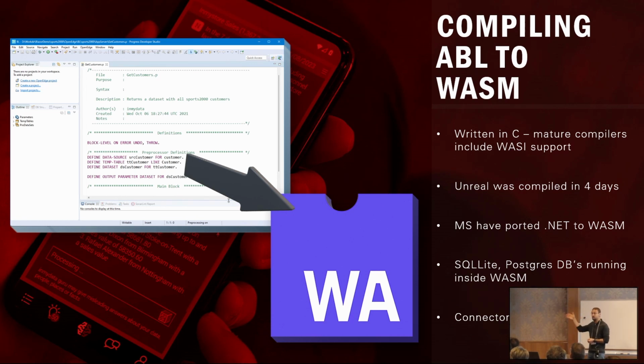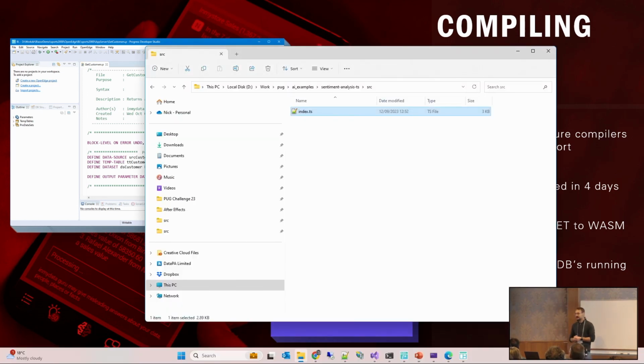Microsoft have ported the whole of .NET to WebAssembly. Everything that you can think about in .NET, all of the different interactions, are available in WebAssembly with .NET 8. They're available in standalone virtual machines as well as in the browser. Other database engines like SQLite and Postgres are now running within WebAssembly, so those databases themselves are running inside WebAssembly. So those bits of technology have been ported. Connectors for other databases